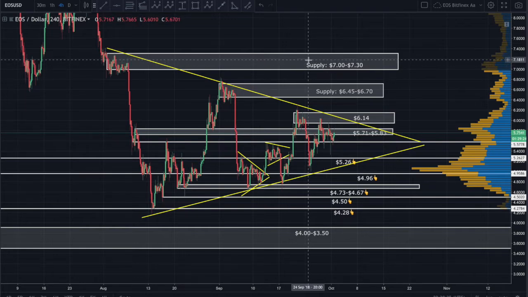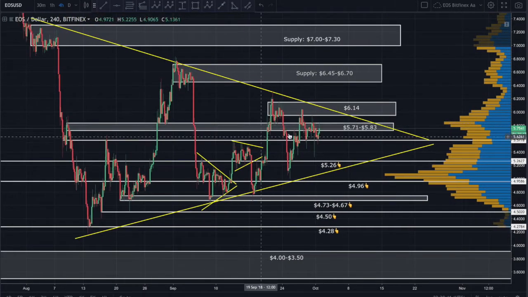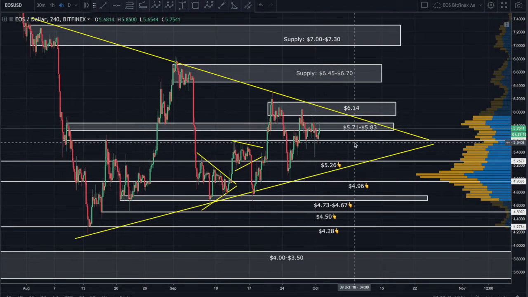Price may come up, fill those sell orders, come right back down. So what we're looking for, guys, I didn't mean to get off on a tangent there. I just wanted to explain a little bit. I always want to try to teach you guys, and for those of you that are day traders, please indulge